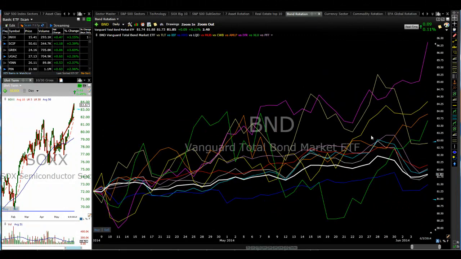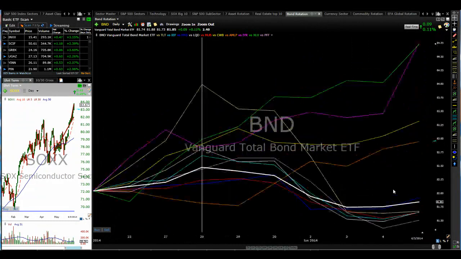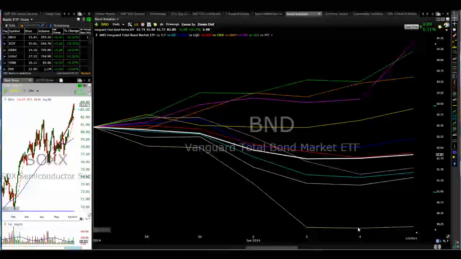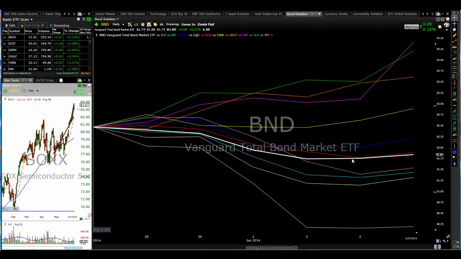So there's been some leadership within that, and you can see it within each of them. The bond rotation is interesting to me this week because we have a potential breakdown in here. Use that as our pivot point and see if we've got enough days to scroll back. Yep. And you can see what's happened is TLT has sold off, and then it's kind of flattened off the last 2 days. But that, to me, is a concern, and it's something to watch relative to what's going on. You can see utilities drifting back to the top. IYR, which is the REITs, is the pink line,